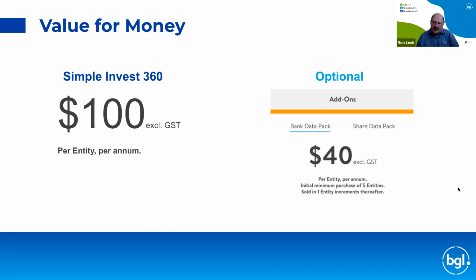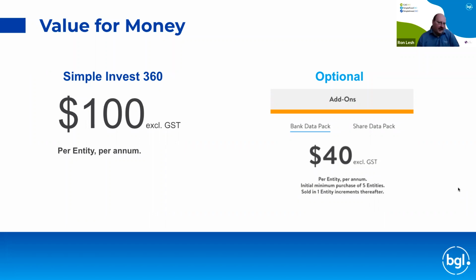So if you've got a fund that's using ANZ as its bank and using a couple of brokers to share transactions, it will cost you $180 per entity per annum. And volume pricing does apply if you've got more than, I think it's 250 entities and 750 entities, you get the volume breaks that are similar to what we have in Simple Fund. And the volume pricing, in fact, applies over the two products together.